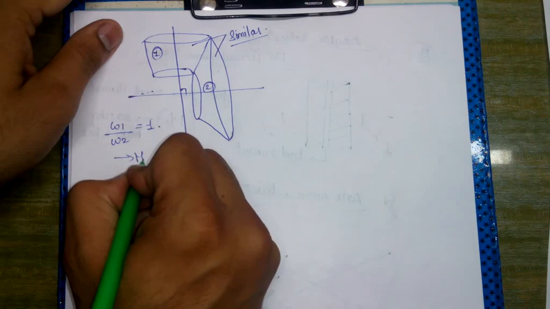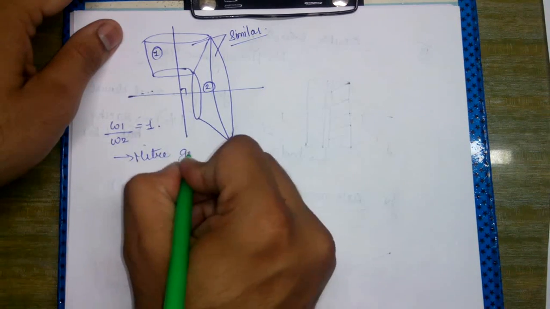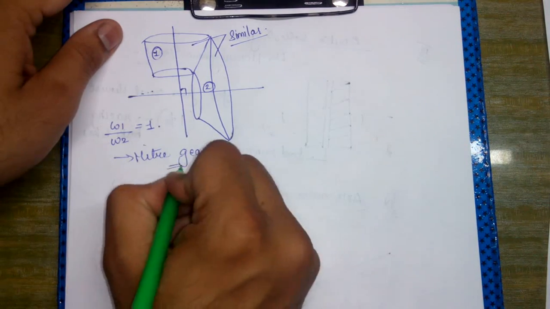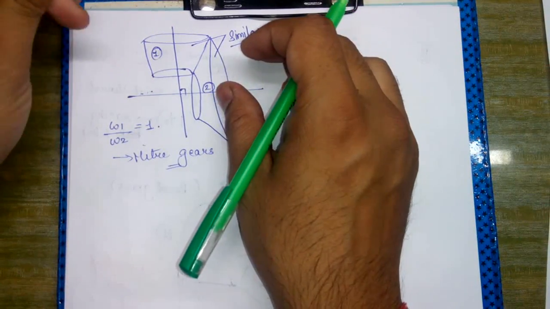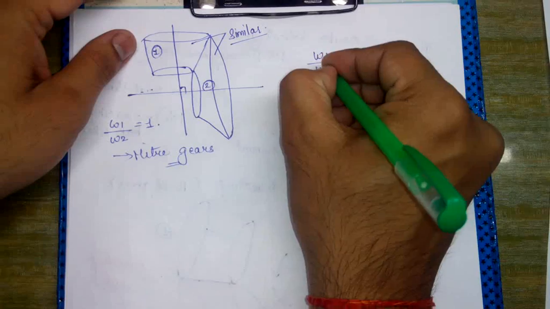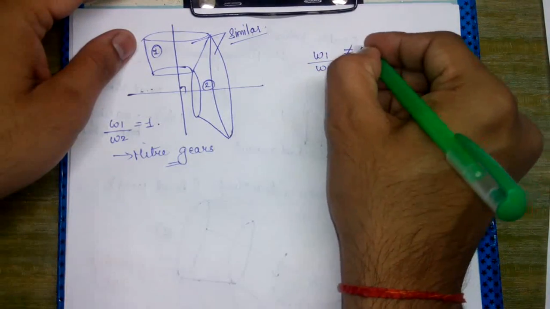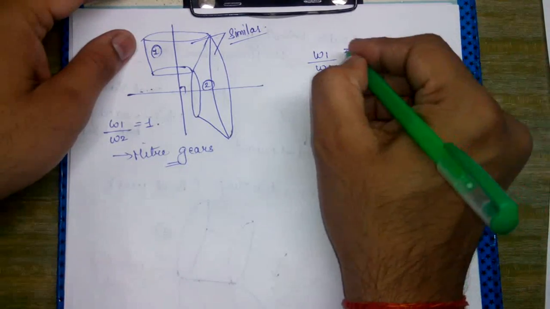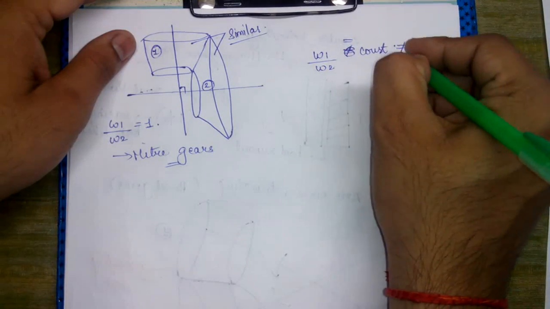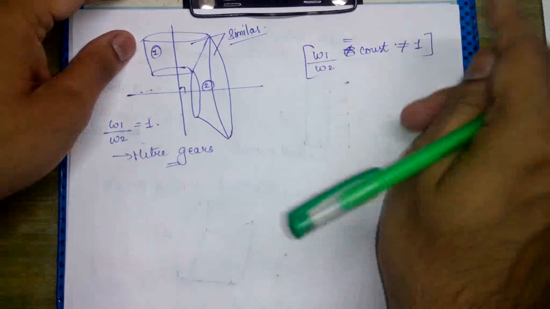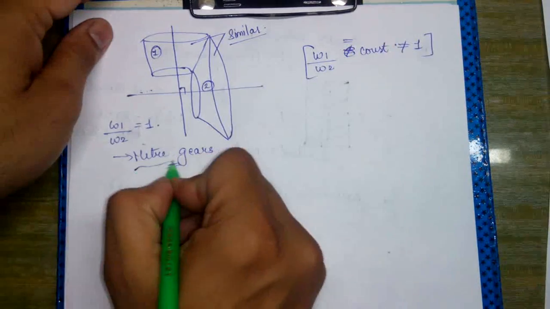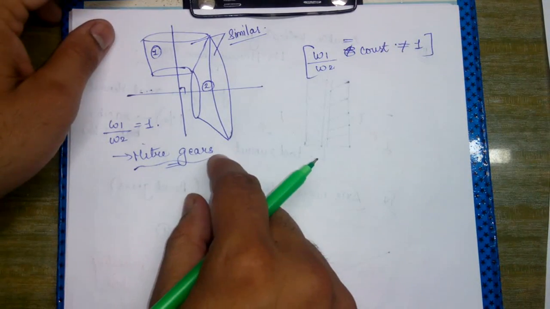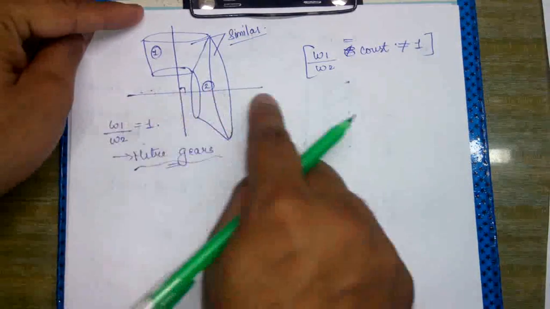Then they are called mitre gears. Whereas if these two cones became dissimilar, then omega 1 upon omega 2 will not be constant, and it would not be equal to 1. So it should be equal to 1 in order to make them mitre gears, and mitre gears are those type of bevel gears in which the shafts are intersecting at